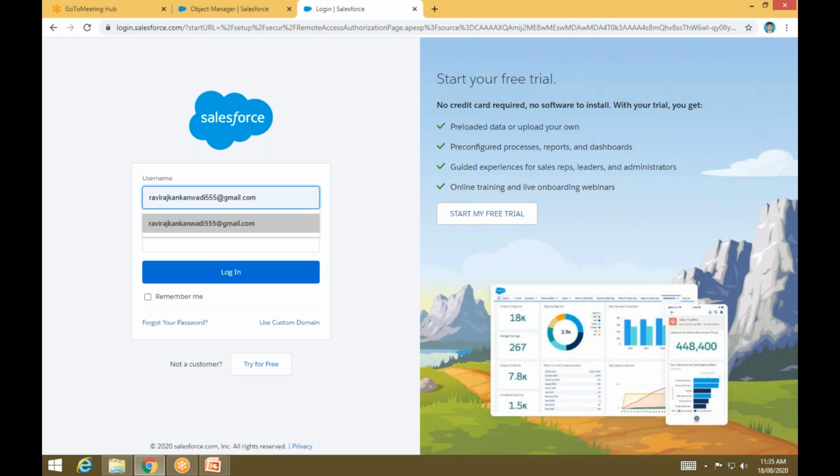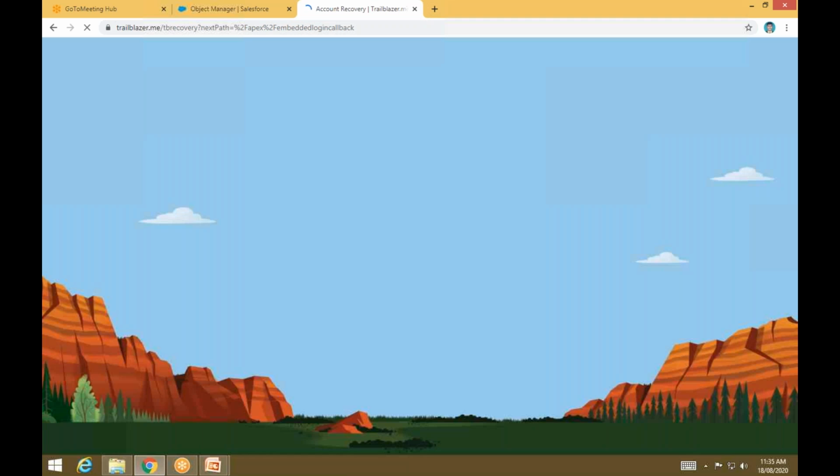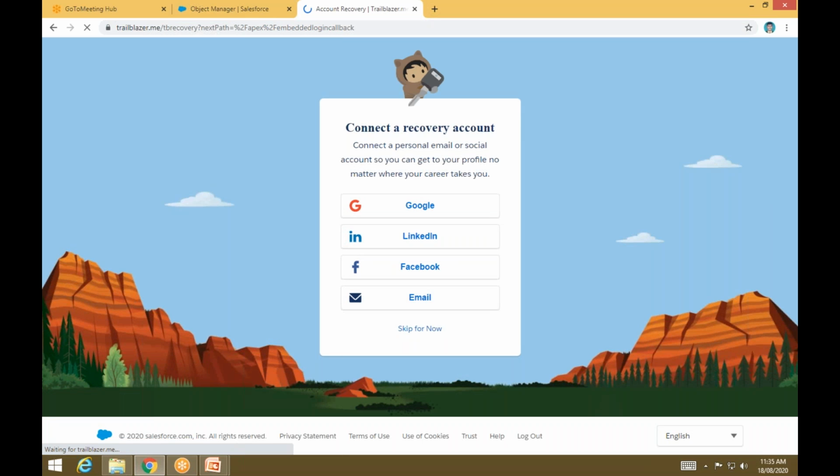Just write down your username and password and click on login. Then click on the skip now option.